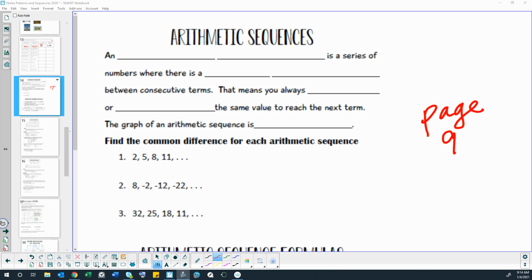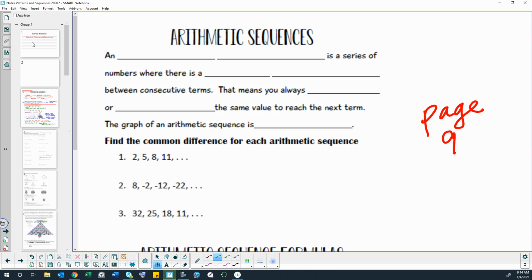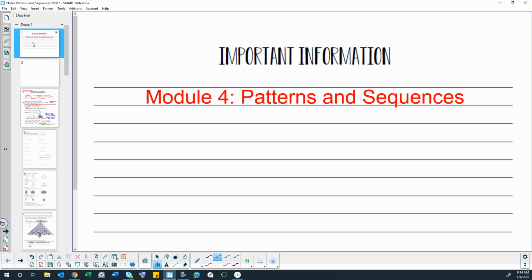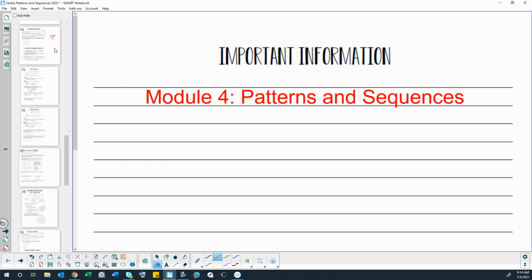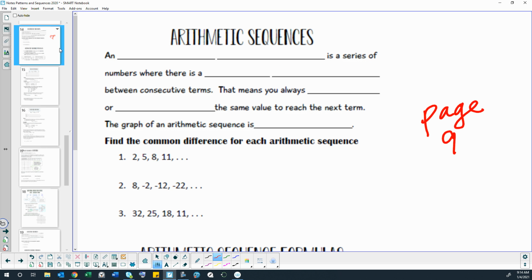Right, arithmetic sequences. We are in our patterns and sequences note packet, and we're on page 9, which talks about arithmetic sequences. So let's fill in these blanks. An arithmetic sequence is a series of numbers where there is a common difference